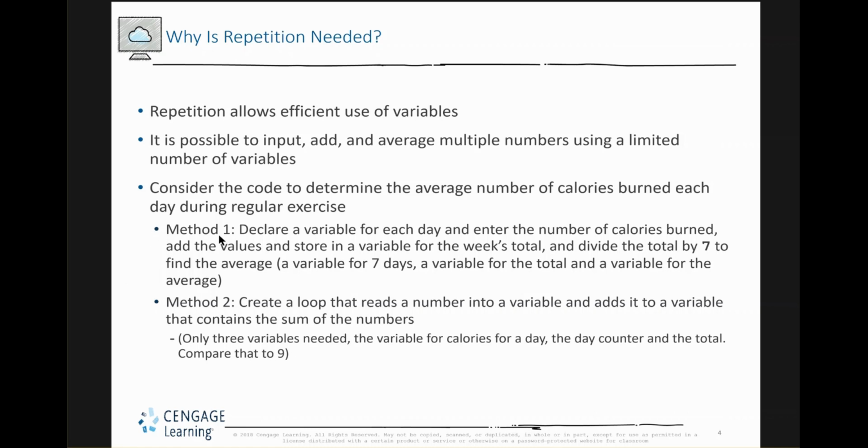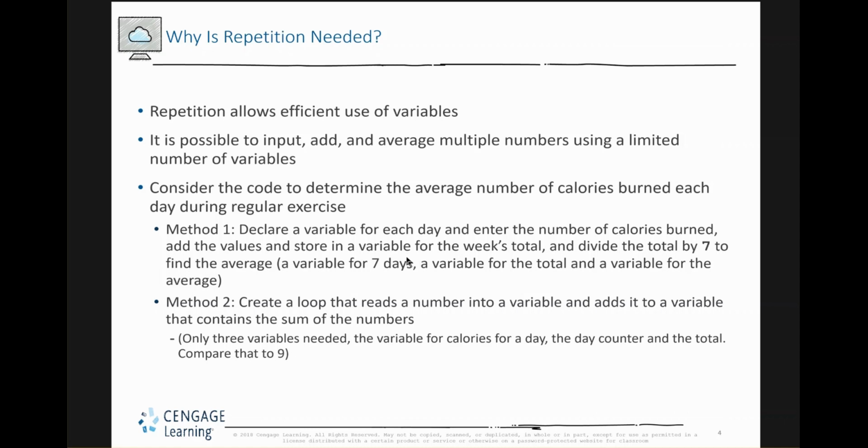Here we have method 1. This is without looping. Declare a variable for each day and enter the number of calories burned. Add the values and store in a variable for the week's total. So you have 7 days in a week, right? So you'd have to have 7 variables, one for each day. And then divide that total by 7. Find the average. So you need 7 days of variables, a variable for the total, and a variable for the